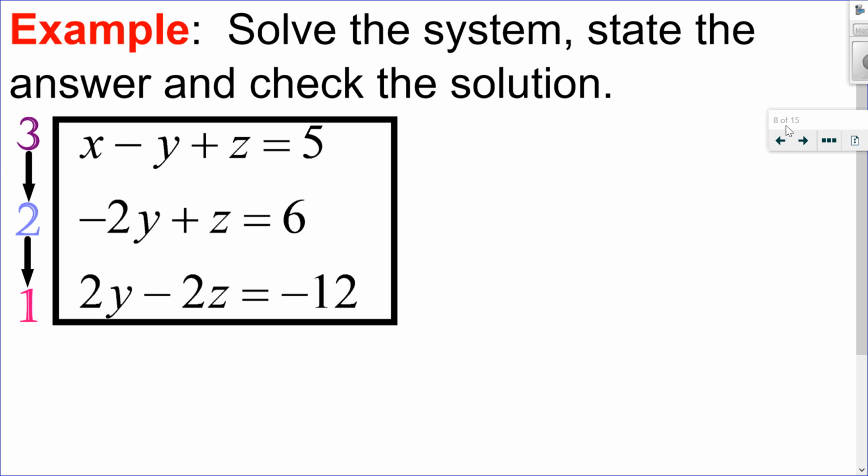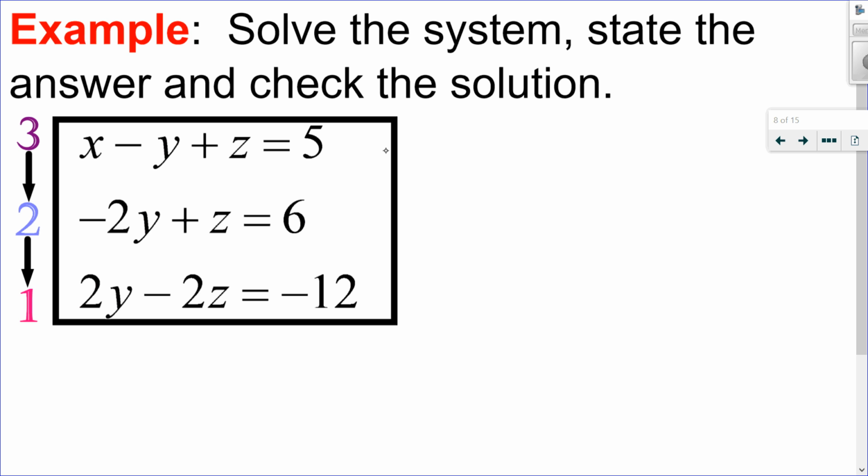Okay, let's up the difficulty just a little bit more. This time we're going to do a system of equations with 3 unknowns, but then you can see I have 2 systems that have 2 unknowns. So I'm going to start with those first and eliminate one of the variables. Now it doesn't really matter which variable you eliminate, so choose whichever one that you think is the easiest. So for me right now, the y's are opposite values, so I'm going to choose to eliminate by adding these